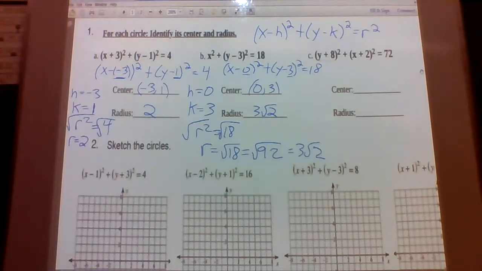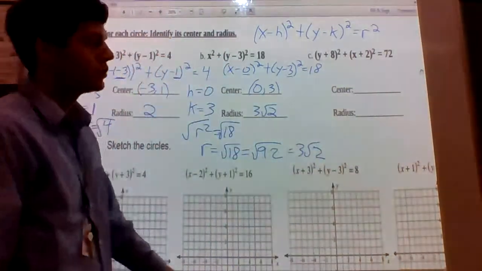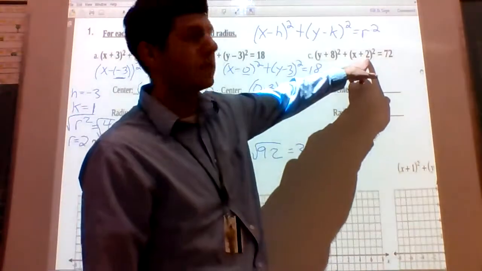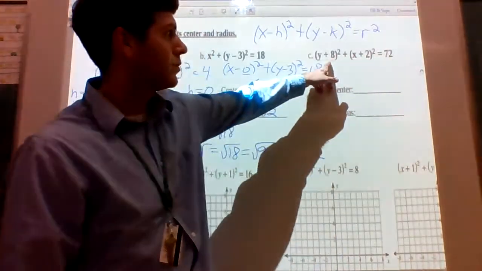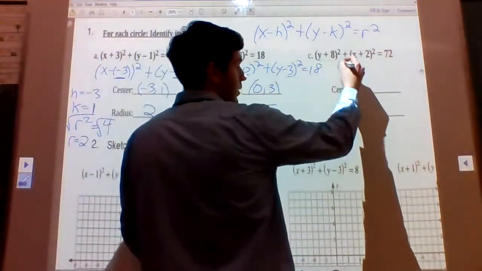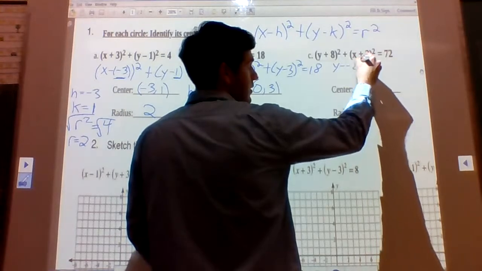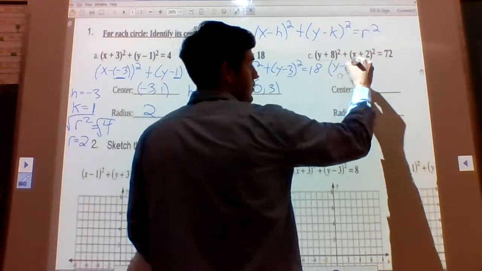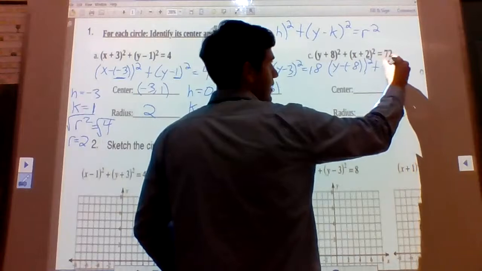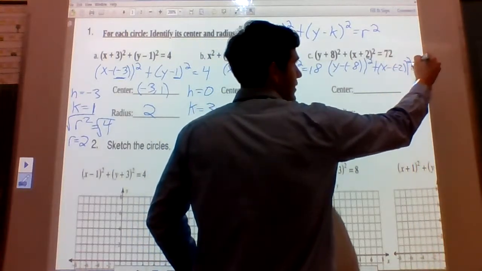Okay, number 3, again, an easy way to do this is to flip the signs. So we'd have -8 and -2. H is going to be the one that's associated with the x. K is the one that's associated with the y. So if I write this out the long way, we would have y minus -8 squared plus x minus -2 squared equals